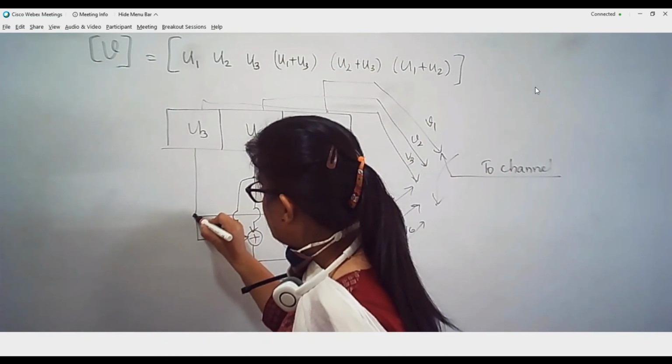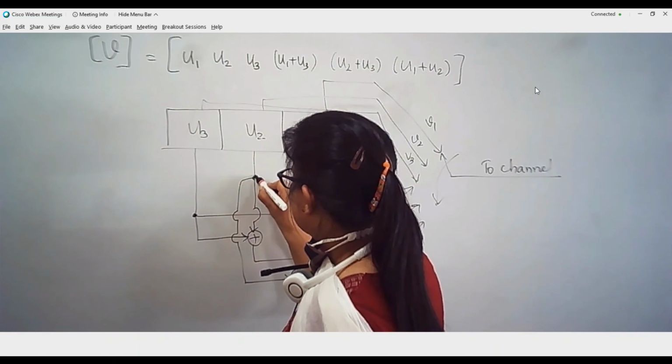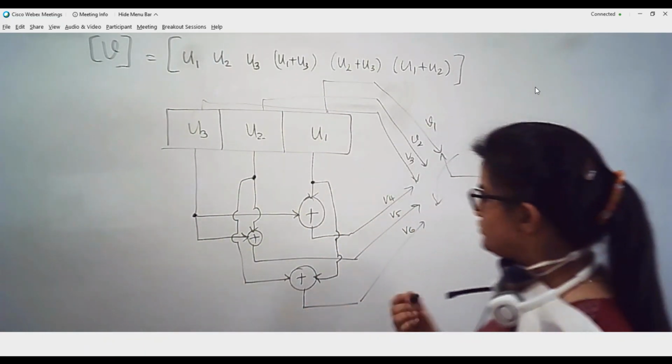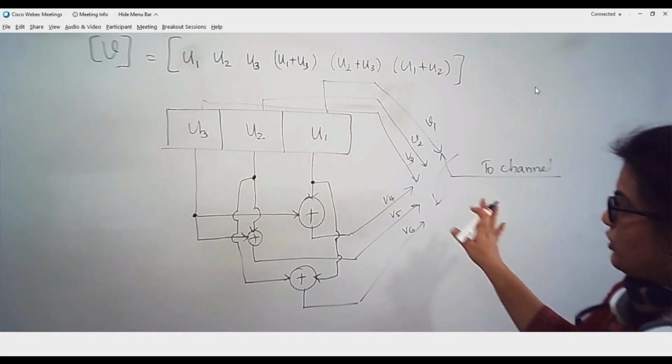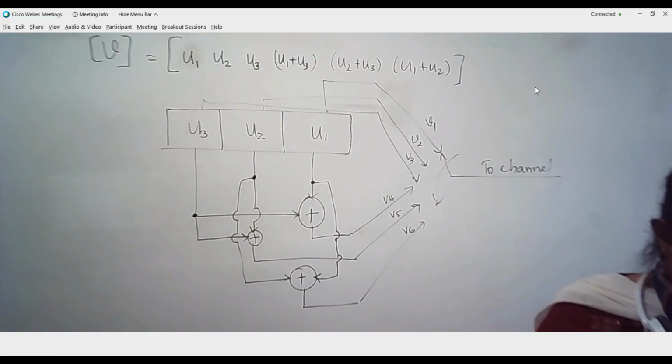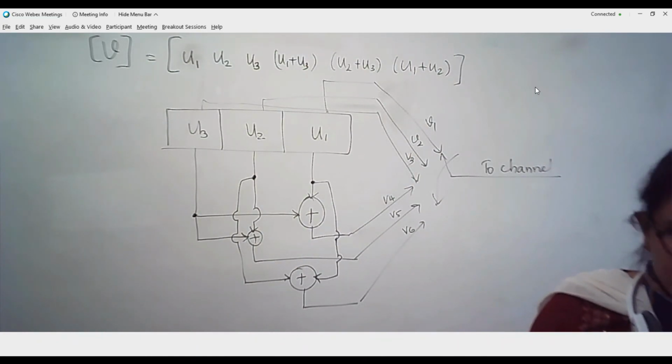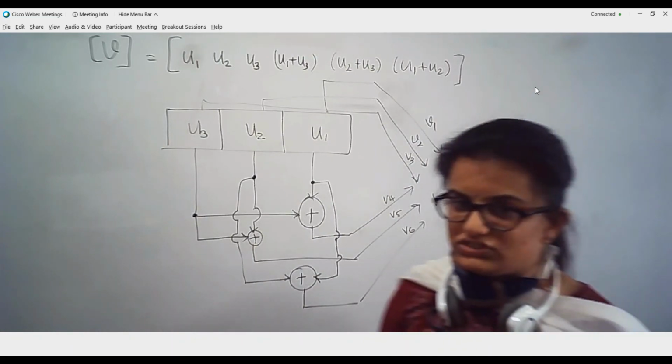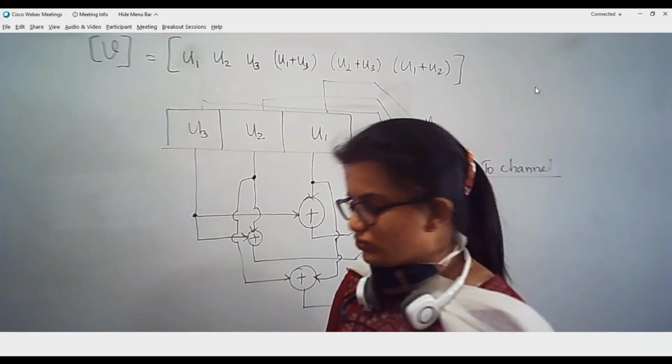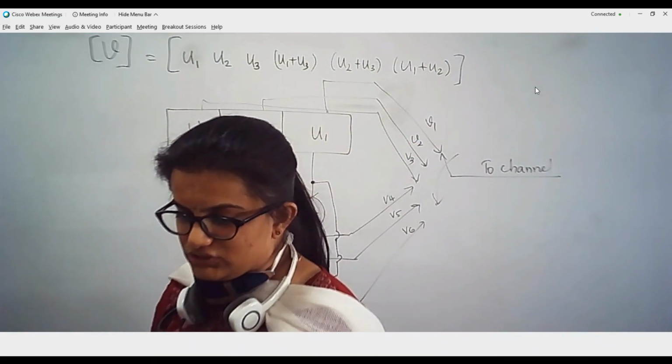If you have any doubts, you can get them clarified. It is simple enough. If you still have any doubts, you can ask me. So I'll stop it over here. In the next class, we will see how to realize the decoding procedure in linear block codes. Okay, so I'll be stopping here.